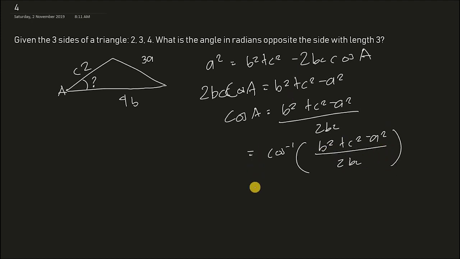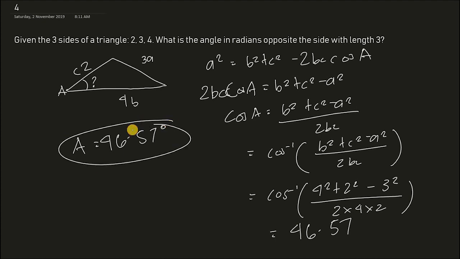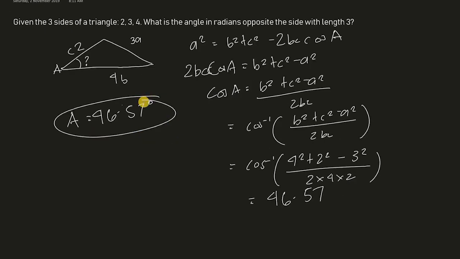Yan. So, what I need to do is just to substitute values. So, inverse or the arc cosine. So, that's B squared is equals to 4. 4 squared plus C squared, that's 2. 2 squared minus A squared is 3 squared over 2 times B. B is 4 times C is 2. Alright. So, get 46.57 approximately. 46.57. So, the value of this A is equals to 46.57 degrees. Okay, guys, so 46.57 is not yet our final answer because sabi dito, what is the angle in